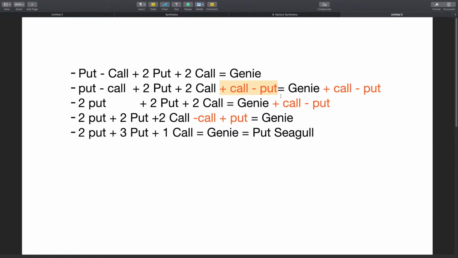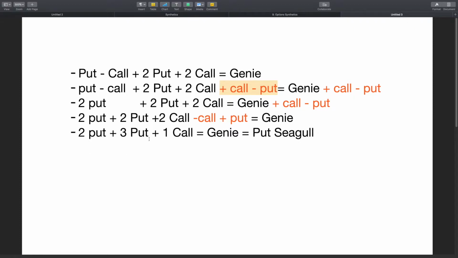Next, we move this synthetic combo back to the other side of the equation. The long call is transformed to a short call, and the short put is transformed to a long put. Therefore, we can cancel one of the 2 remaining calls,